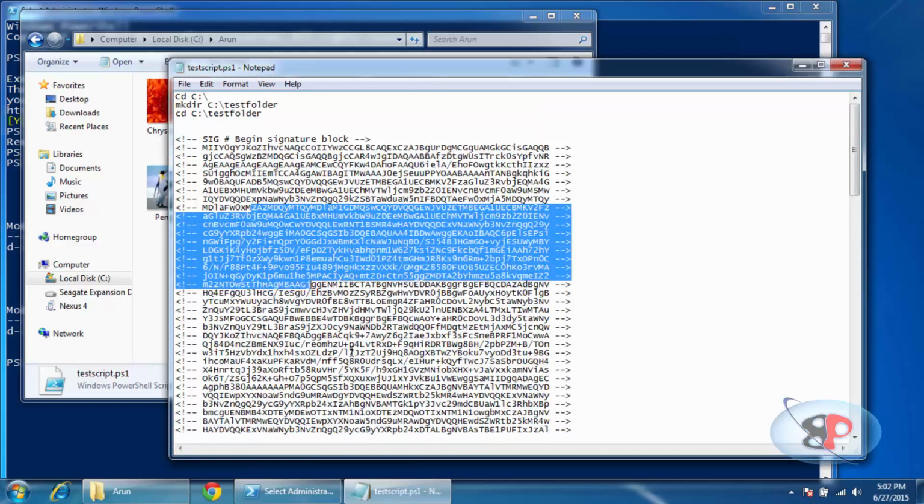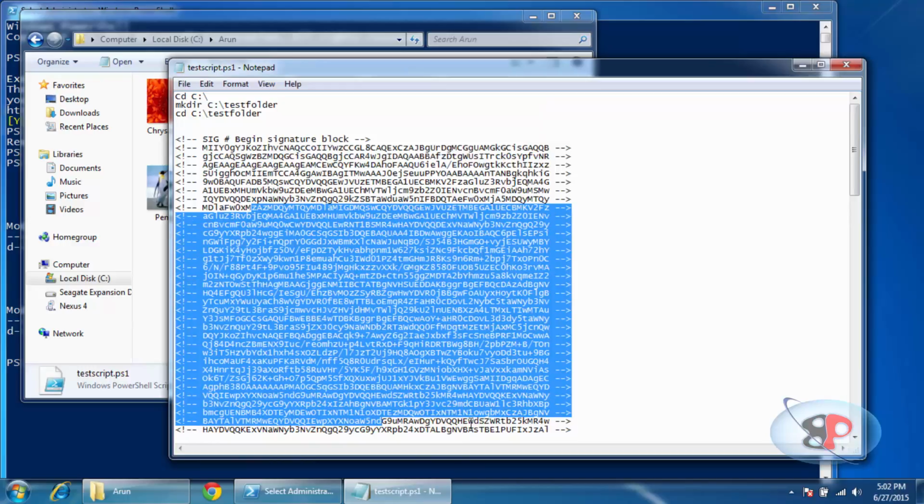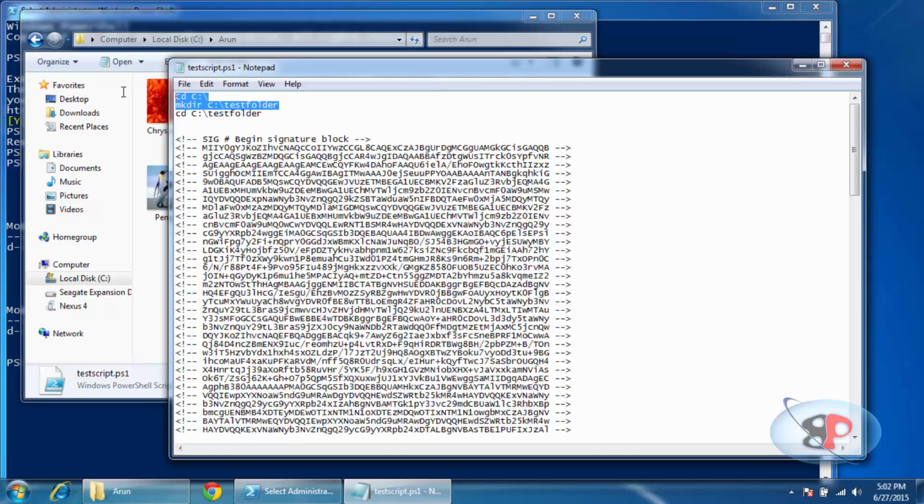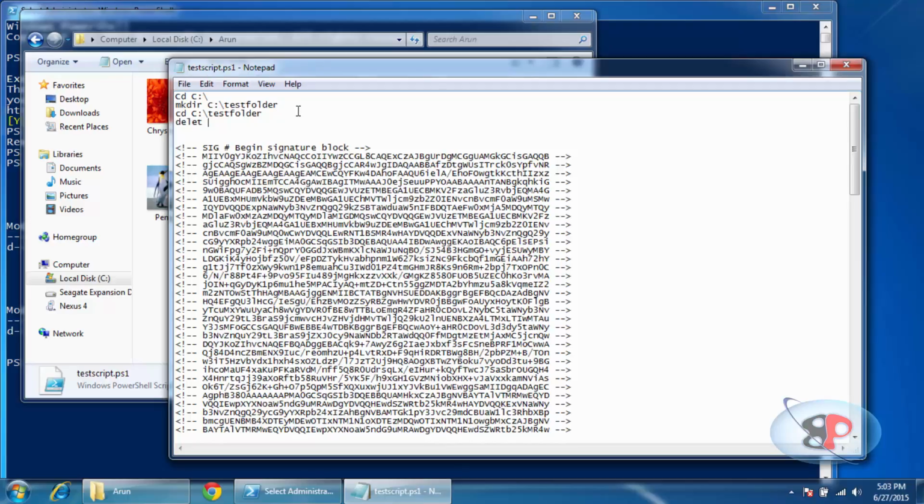So basically, when you decrypt this, you will get those 2 pieces of information: the identity of the person who signed the script, and it will also give you this script, exactly this one. So if a malicious software or a virus comes into your system and modifies this script, let's say it adds delete space star, which will delete everything, then when PowerShell runs the script, let's say you set your PowerShell to all signed,